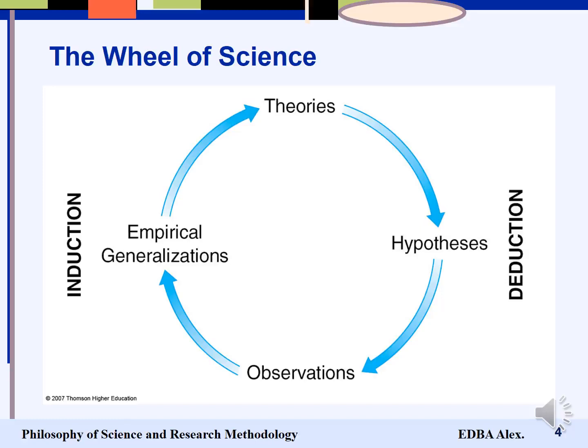It will never stop. Once we have a theory, once we have an idea, we test the theory, collect the data, statistically analyze, and we may accept the theory. Later on, the same theory can be rejected because new data may come to exist, a new statistical technique may come to exist. So this is why the wheel of science is still going and going and going, and it will never stop. The main point here is